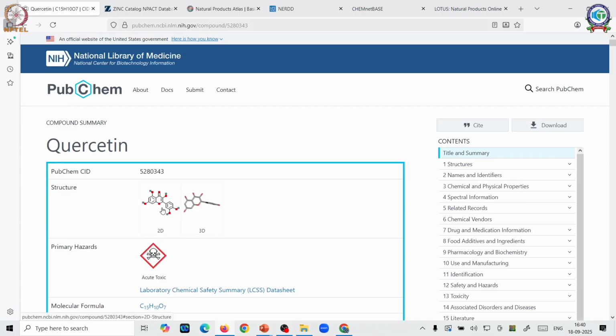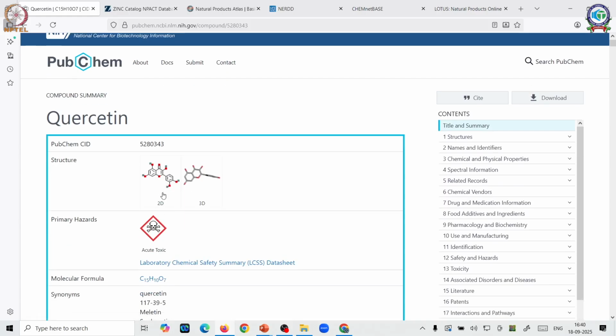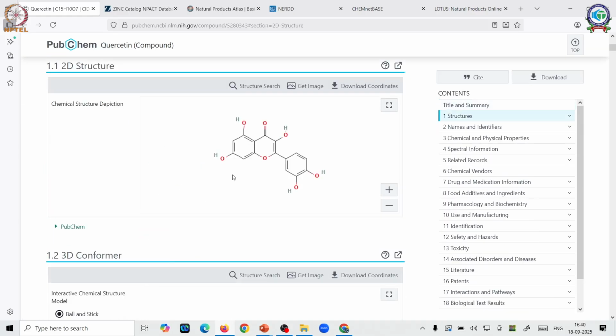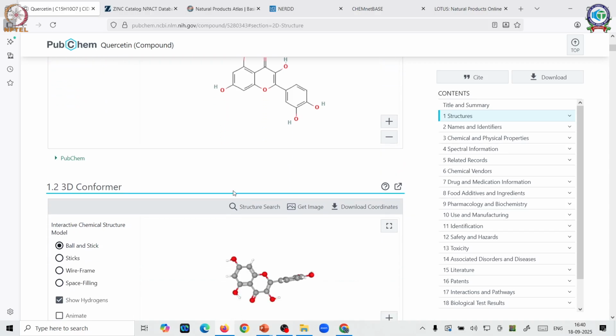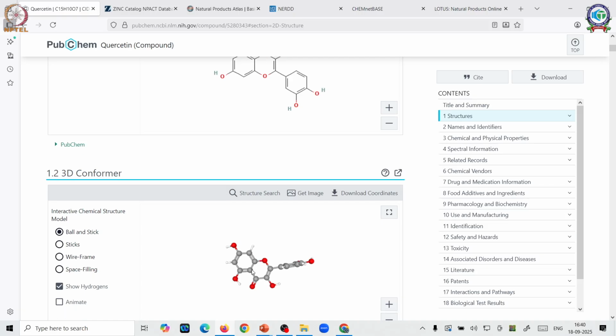So if I look at quercetin, I can click here and get what is called the 2D structure of quercetin, wherein the heteroatoms are marked by different colors. Now, like I said, many times with phytochemical structures we want the coordinates of it. You can download these structures, and you can see the different formats available. You can also see how quercetin occurs in nature, mostly in the 3D format.